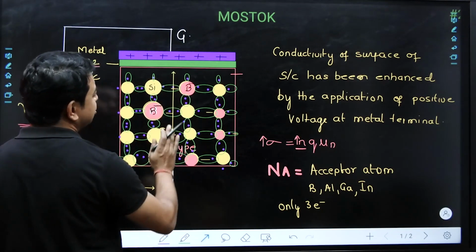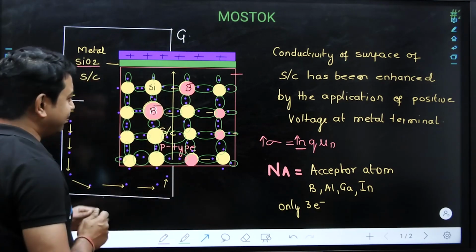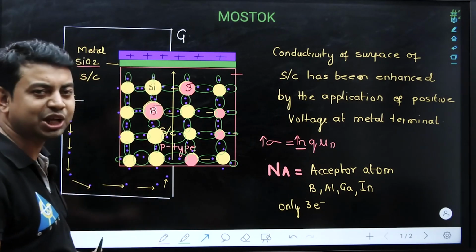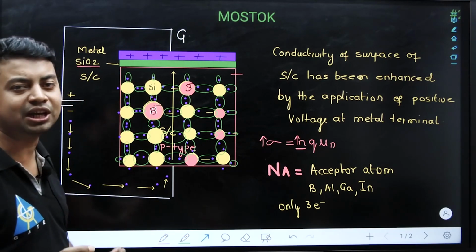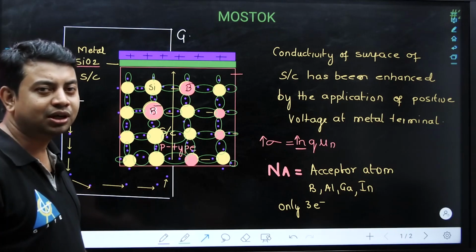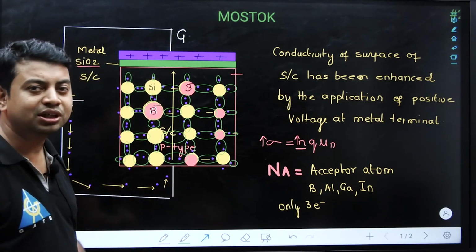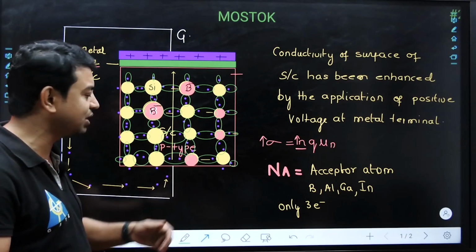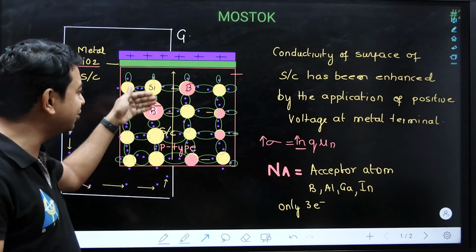Whenever electrons are moving in this direction, if any vacancy comes in the direction of movement of the electrons, that vacancy will be replaced by an electron, and that particular atom will get a negative charge. But if any vacancy is away from the direction of movement of electrons, it will not get ionized, because of the presence of the electrons. So we have holes also, and we have the ions also.